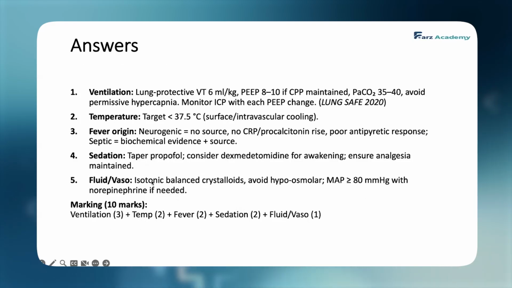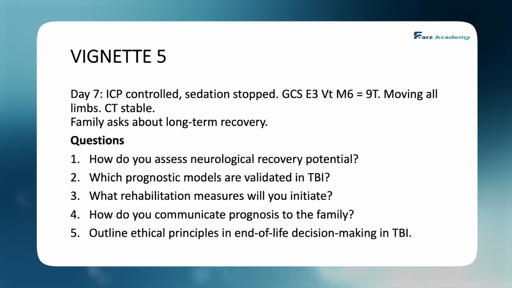So the model answer is like that. The fluid and vasopressor: isotonic balanced crystalloid, avoid hypoosmolar is the main thing. If you want to say normal saline, it will not have negative marking, but you have to utter avoid hypoosmolar. The examiner wants to know the avoid hypoosmolar thing, and MAP should be more than 80 to maintain the cerebral perfusion pressure. Now coming to day 7, ICP control, sedation stop, GCS E3, VT, M6, 90, moving all limbs,